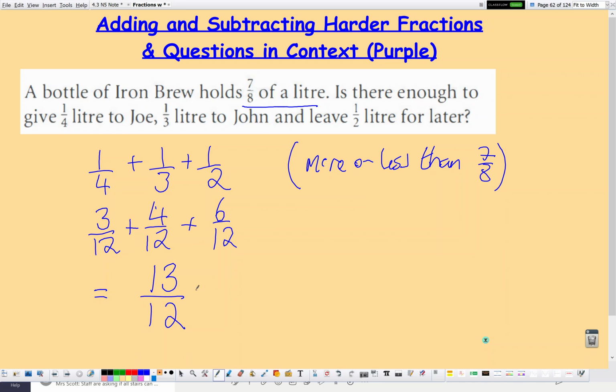So if you look at 13 over 12, that is an improper fraction. That is 1 1/12 litre. Okay, now the bottle only holds 7/8 of a litre, so we're asked, is there enough to do all of these things, a quarter plus a third to John, and leave half a litre? Well, the total of that is 1.5 litres, and there only is 7/8 of a litre, which is less than 1. So we therefore need to state, therefore no, there is not enough,